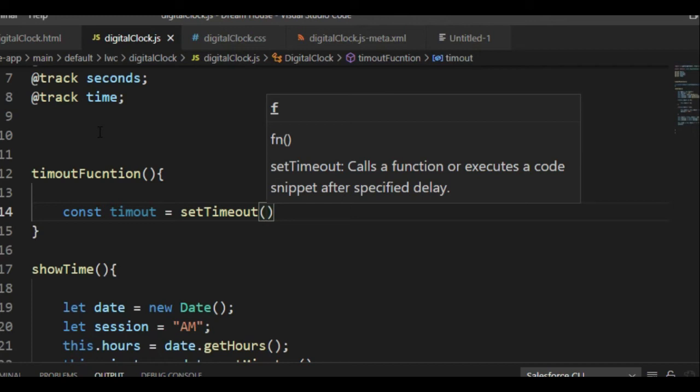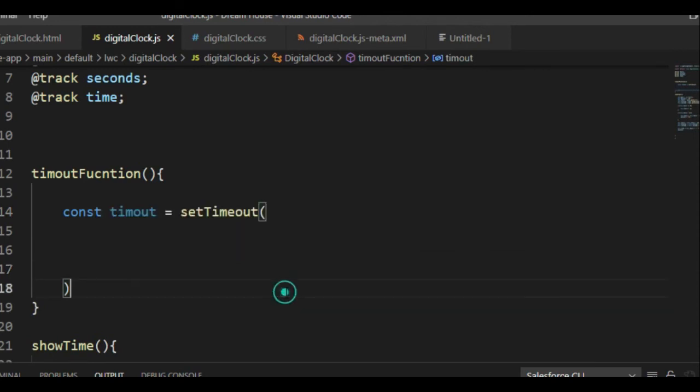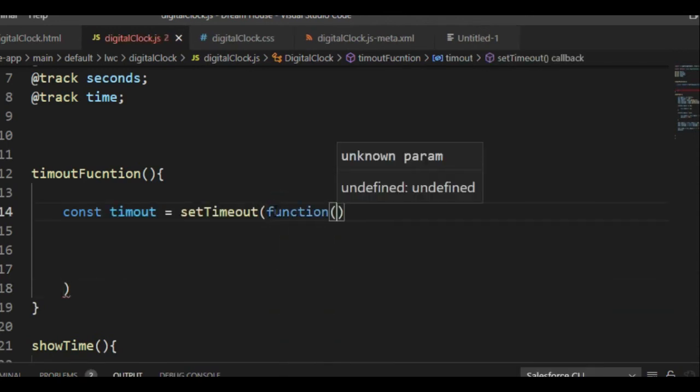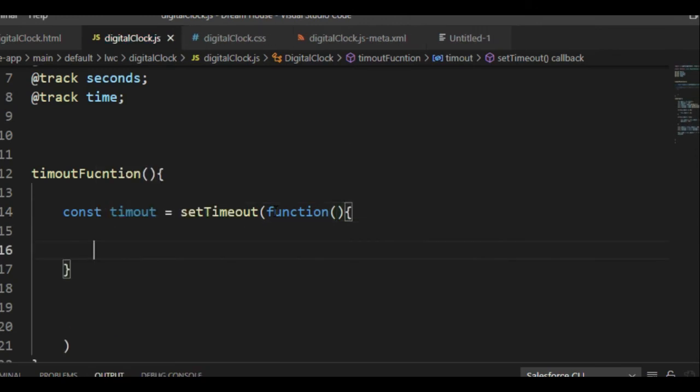So these things we can set in the setTimeout. Inside that I'll define one new function, and inside the new function we will call this.showTime,